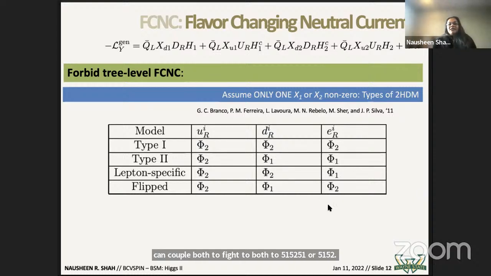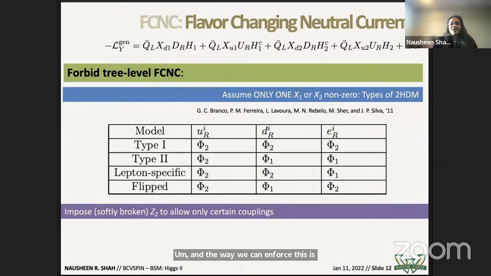And the way we can enforce this is by saying that there's some sort of symmetry that exists, and we have the Z2 symmetry that's generally used, which basically means phi has to go to minus phi. And the associated fermions that only couple to that have a similar thing. And so that decides that this Higgs can only couple to these type of fermions, okay, because you've imposed this symmetry,